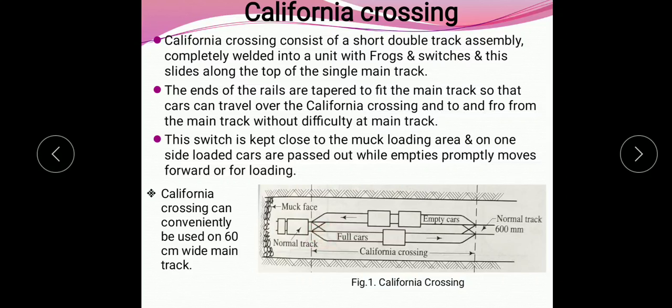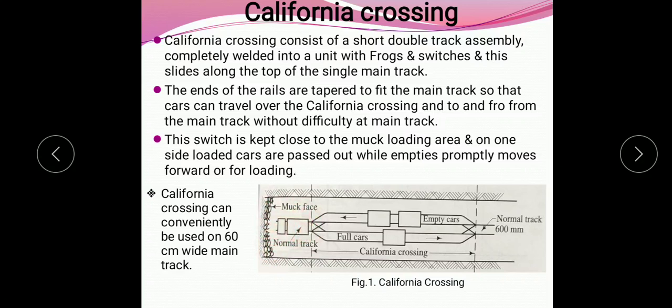So this is a normal track of 600 mm or 60 centimeter. Here we can see this whole assembly is taken to the excavated site. Here we can see this is the muck face from which we have to collect the excavated material.